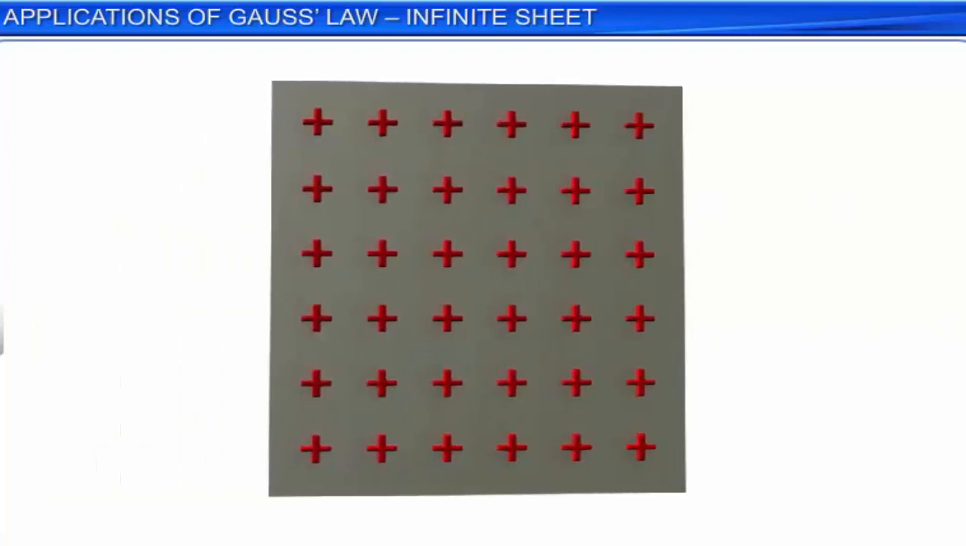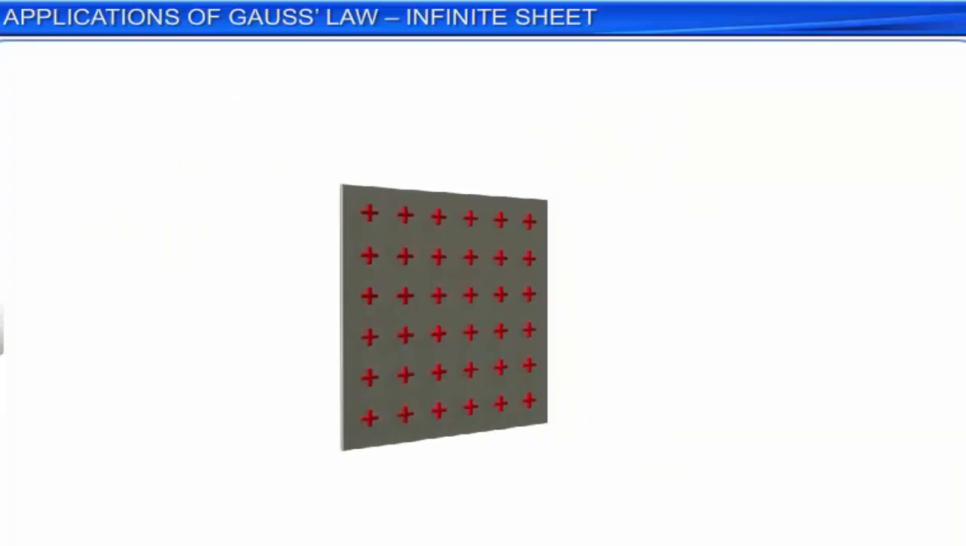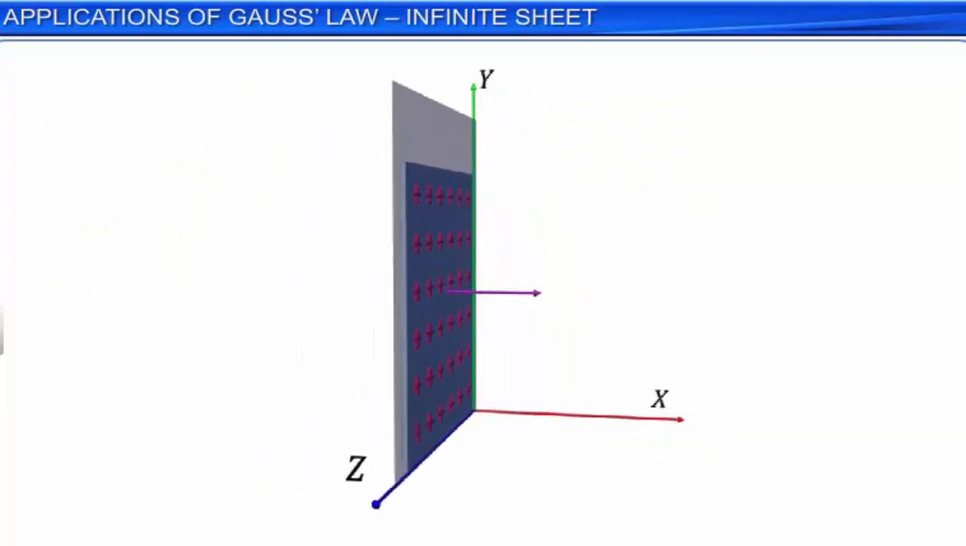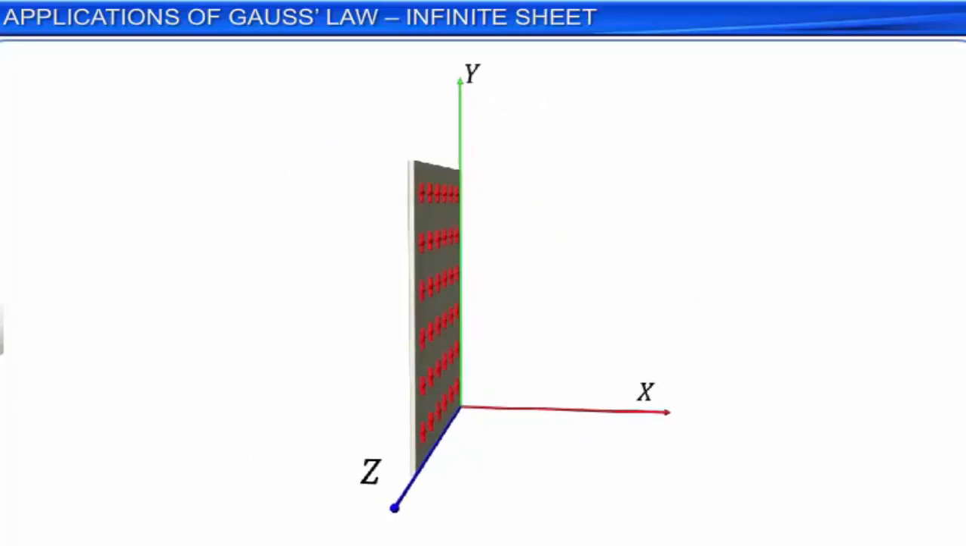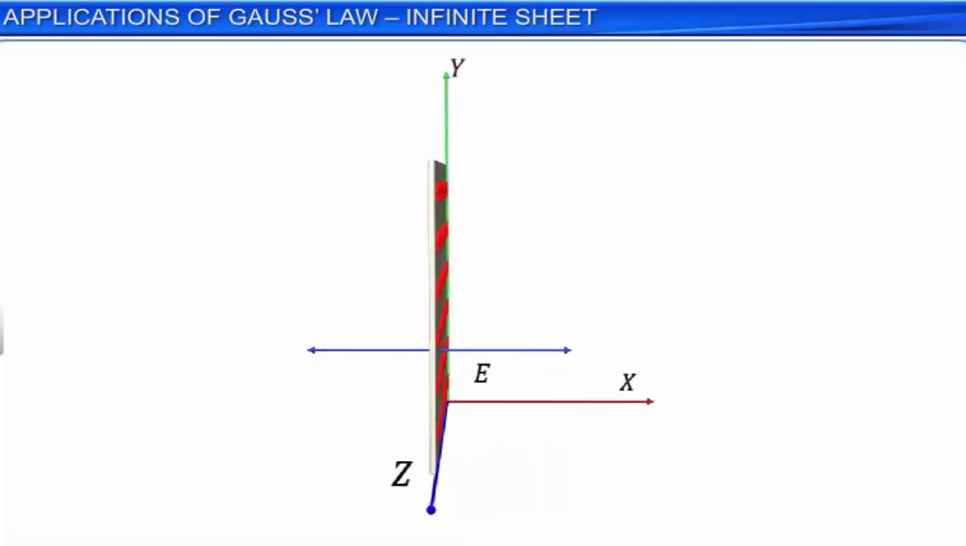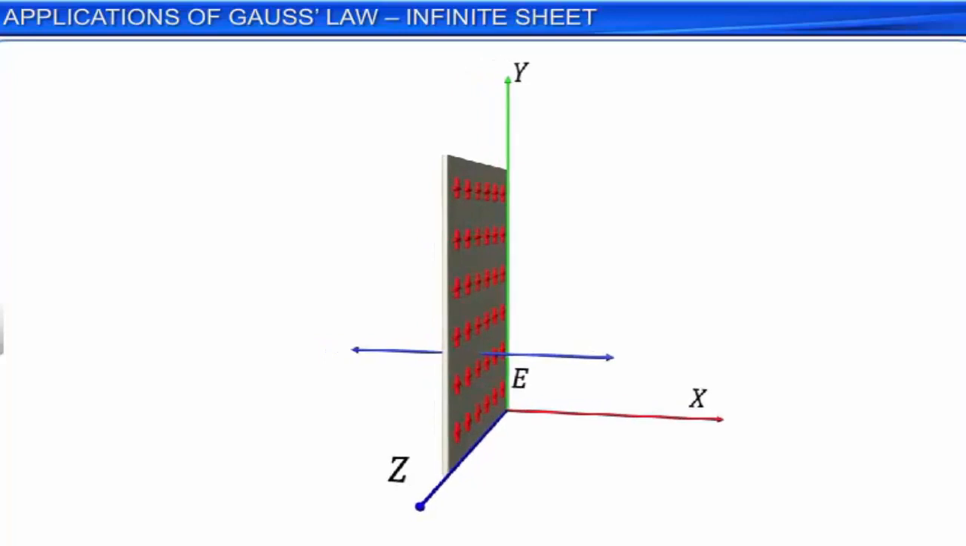Let the sheet be aligned parallel to the YZ plane such that the normal to this plane sheet of charge is along the x-axis. The electric field due to the positive charge will be directed away from the positive charge. In order to calculate the electric field strength at a point P near the sheet of charge, let us now